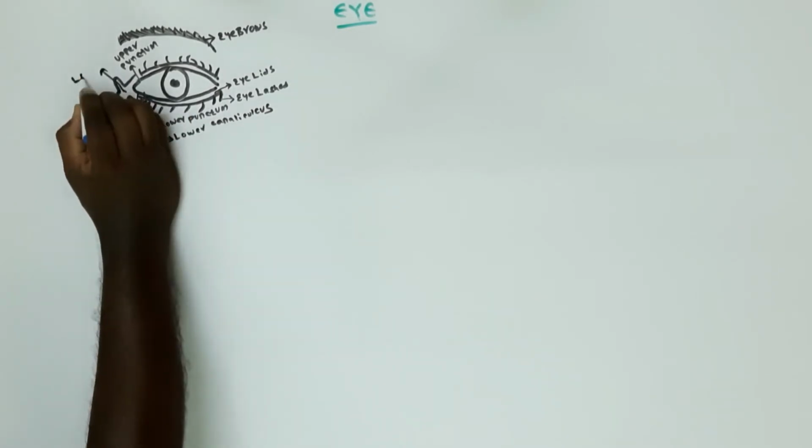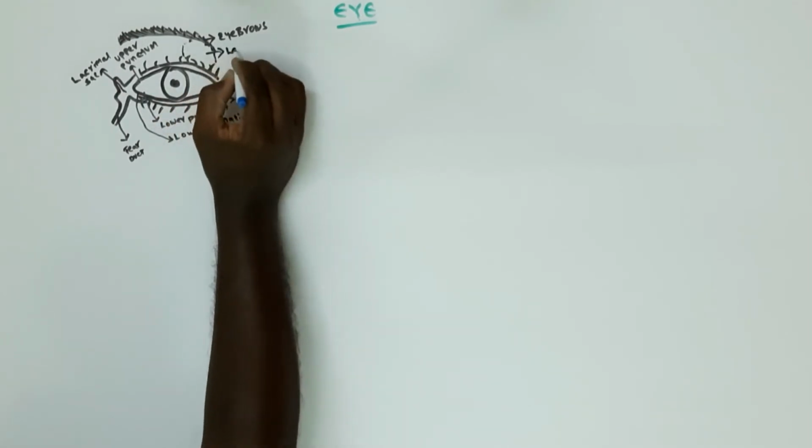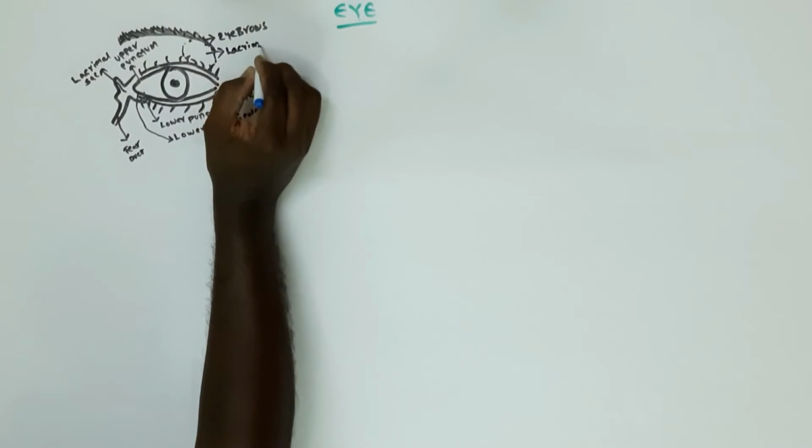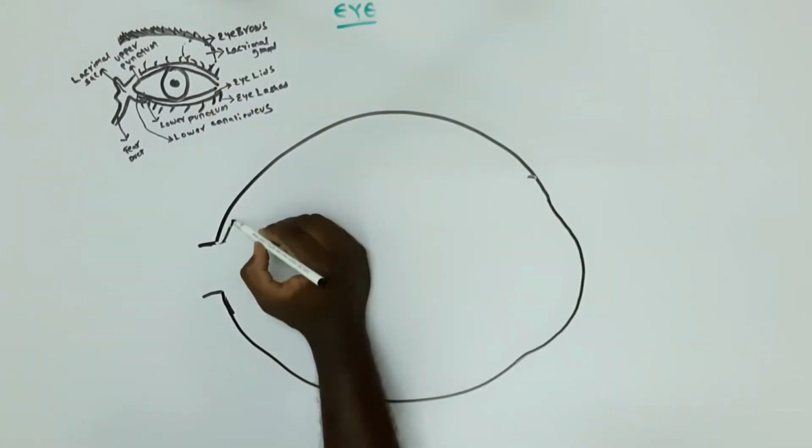And the conjunctiva is a transparent membrane that lines the eyelids and the front of the eyeball. Then the lacrimal sac, and this is the lacrimal gland, which produces tears and drains through the punctum, canaliculus, lacrimal sac and tear duct. Now we are going to see the structure of the eye.